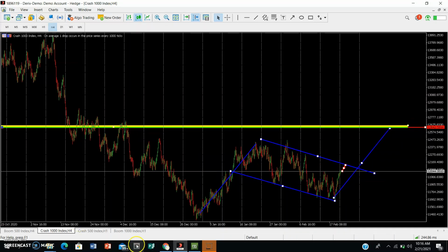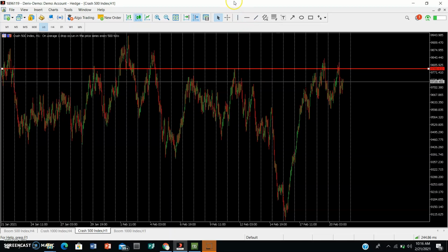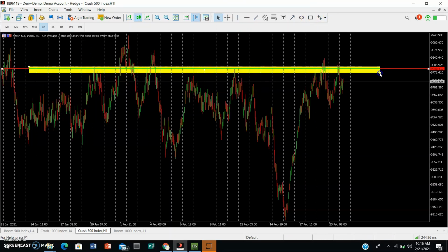Okay, let's take a look at Crash. Okay, so Crash has been doing some crazy things. Currently it's at a resistance point that it's failing to break, and we can see that by this double top formation. So obviously from here we expect price to start dropping,